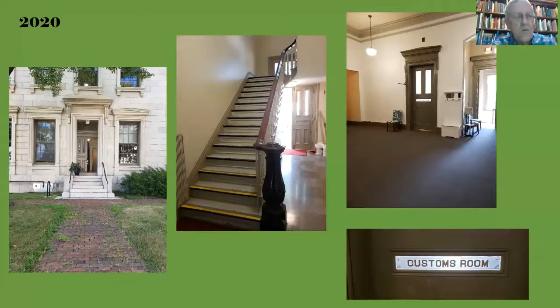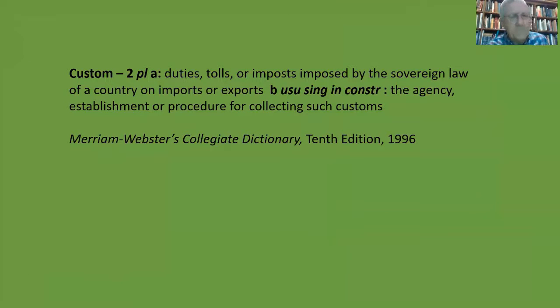And little or nothing remains of the workspaces once occupied by federal employees. So I've been having fun recently trying to reconstruct the experiences of the folks who worked here and in earlier customs buildings. So to begin,